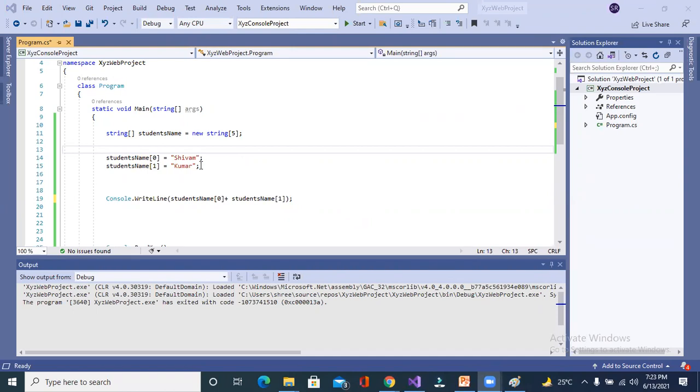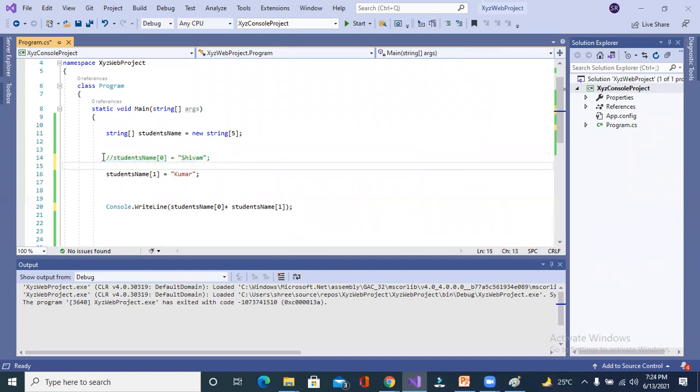So you are telling me that here Shivam is not available, right? We want to print the value at index 0, but there is no value at index 0. What will be the result?